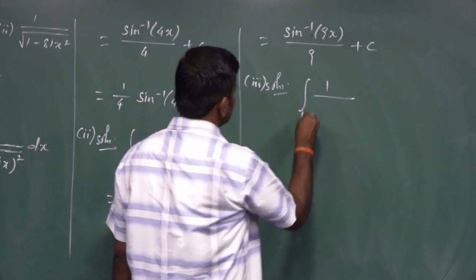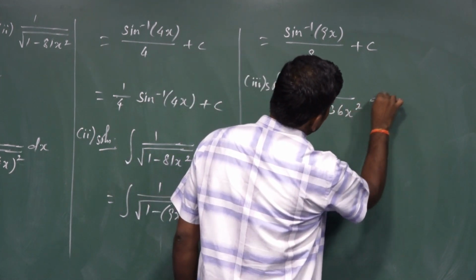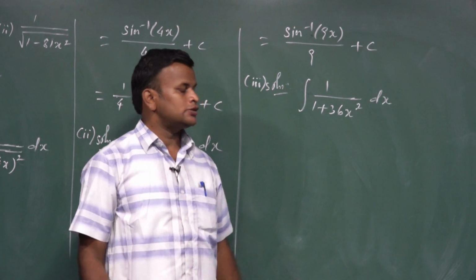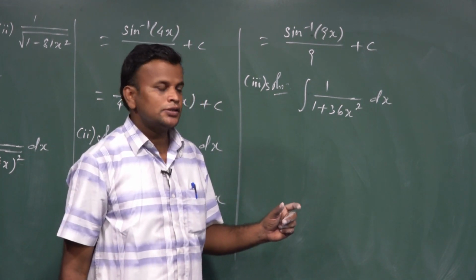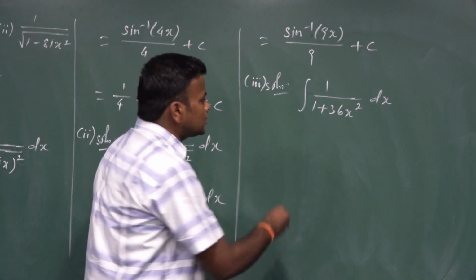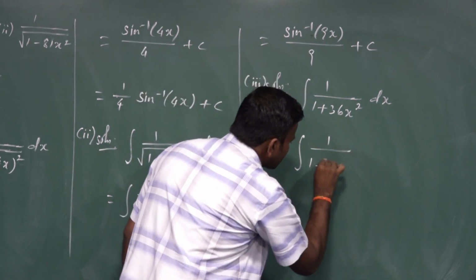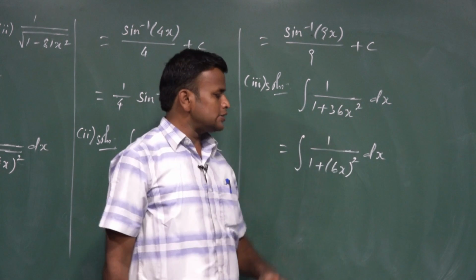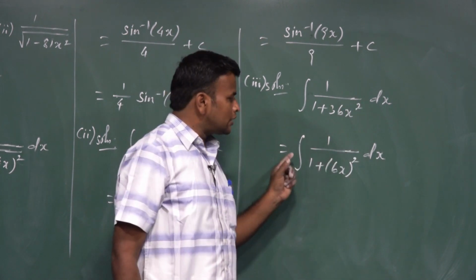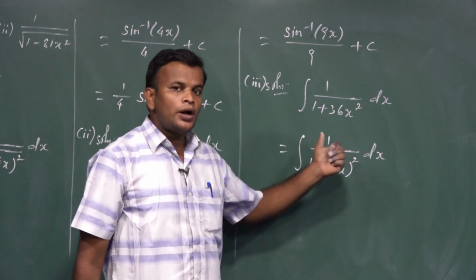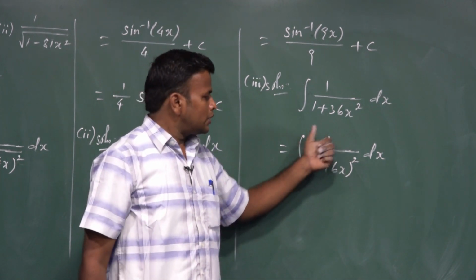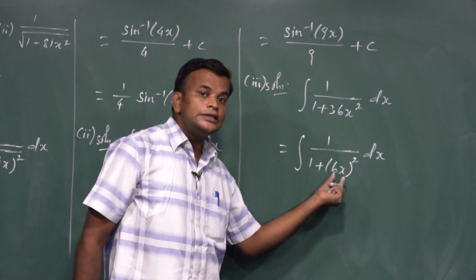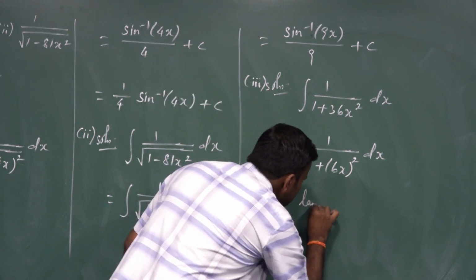Now we see the third one. Integrating of 1 divided by 1 plus 36x square into dx. We already saw the two sums. You must have some ideas. Yes, the first step is 36x square. We write 36x square as 6x the whole square, so it is 1 plus 6x the whole square. So it is exactly one formula shape. What is the formula? 1 divided by 1 plus x square. The basic formula is tan inverse of x. But in place of x here, 6x. So tan inverse of